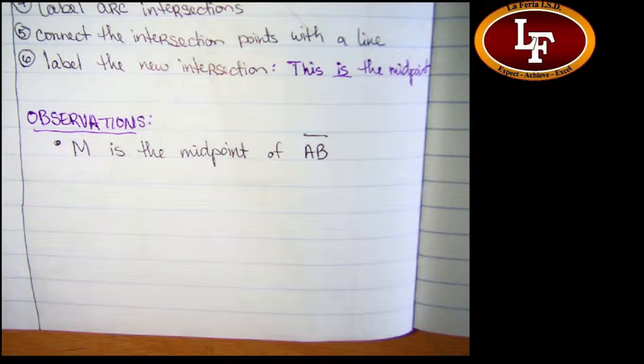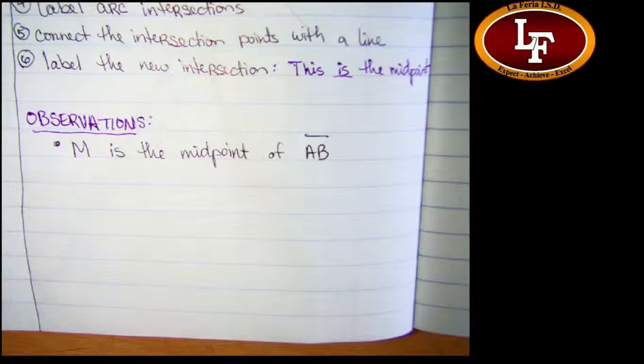Now you may question, is M also the midpoint of JK? The short answer is I don't really know. I think so. I'm pretty sure. And we could probably measure it, take our compass and set it to JM and then move it over to MK and see if they're the same. And if they are, yes. And it looks like it.